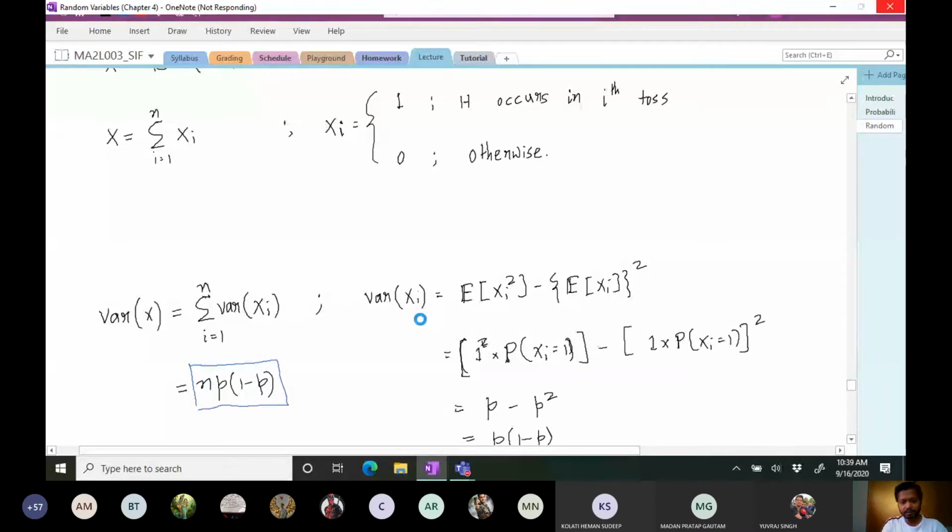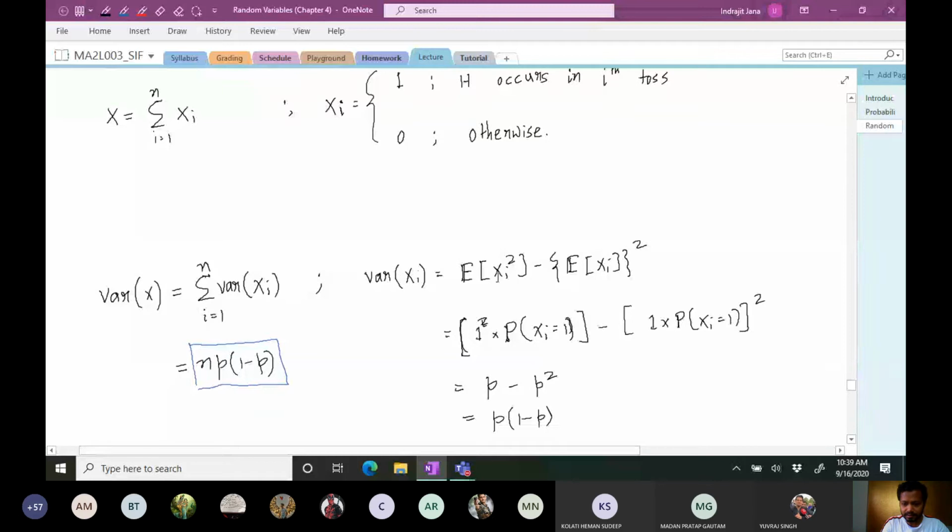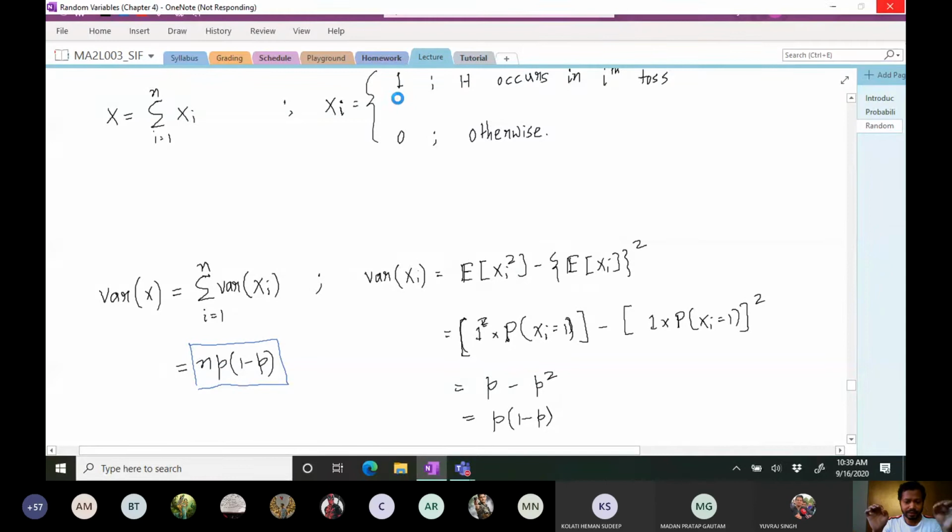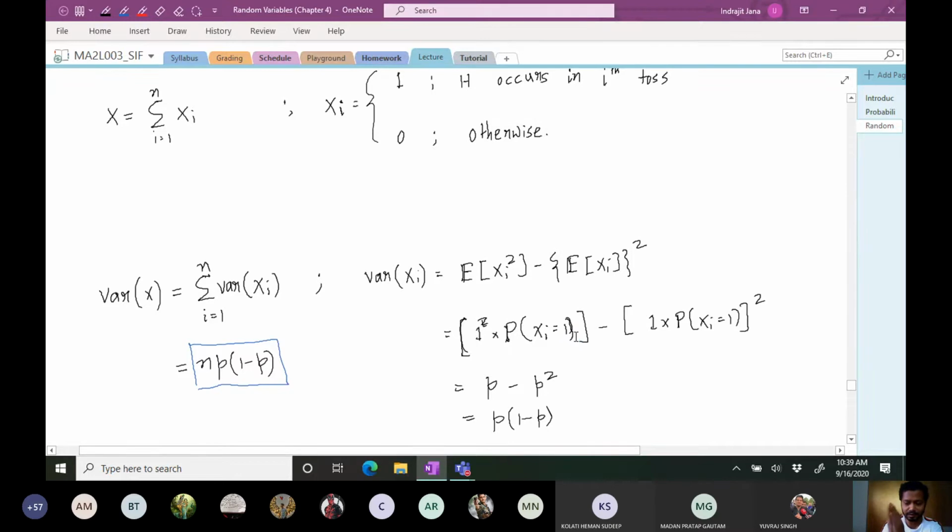We use the alternative formula of variance here. So variance of xi is equal to expectation of xi square minus expectation of xi whole square. Expectation of xi square: if you look at the xi random variable, it takes only 2 values, 1 and 0. Therefore expectation of xi square is going to be 1 square times probability xi is equal to 1 plus 0 square times probability xi is equal to 0, but we can ignore the 0 square part because if you are multiplying by 0, you don't have any effect. So it is simply 1 square times probability xi is equal to 1. That is expectation of xi square